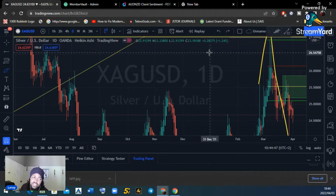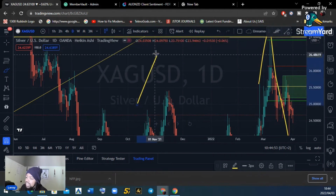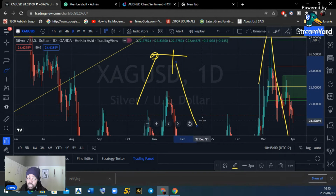Remember, we need a rally-based drop for some good supplies. Rally equals dump money into a zone. Base equals, and you want the base very short, and then you want the drop, you know, to give you